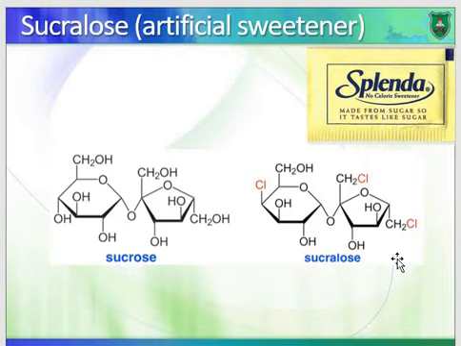But keep in mind that all other sugars that we've discussed earlier, as examples of monosaccharides or disaccharides, are naturally occurring compounds. These are artificial sweeteners. These are artificial compounds. Sucralose and other artificial sweeteners like aspartame, which in terms of structure is a dipeptide, and saccharin, etc., are other types of